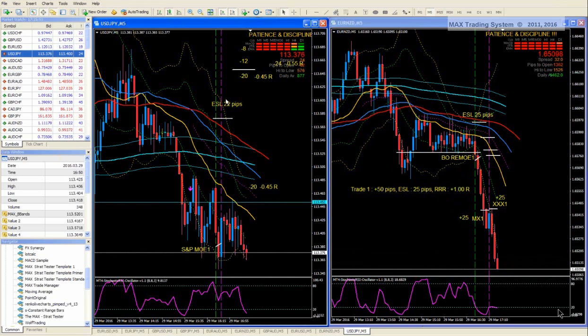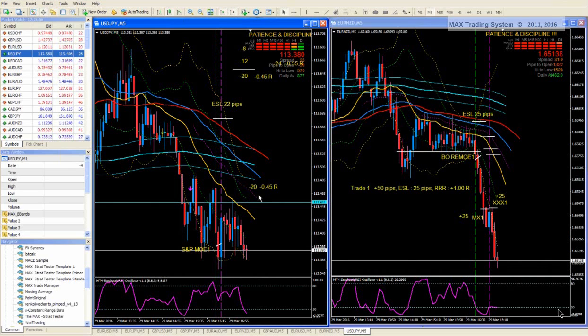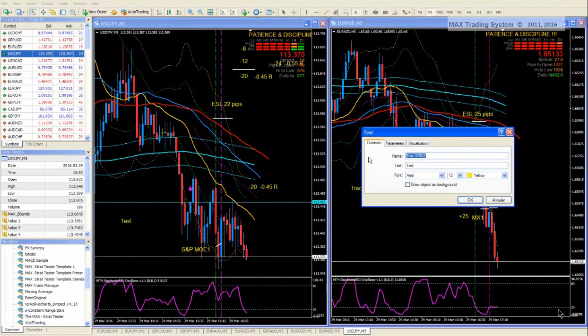With the Max standard, this is the average size of a losing trade, around minus 0.4, minus 0.5 R. The profit is around 2 or 3 R, so way larger than the loss. And we have a winning rate of around 75%. Even if we take a 70% winning rate, let's make some calculation of the expectancy. Let's say we have a 70% winning rate, okay, with a reward to risk ratio of +2R.